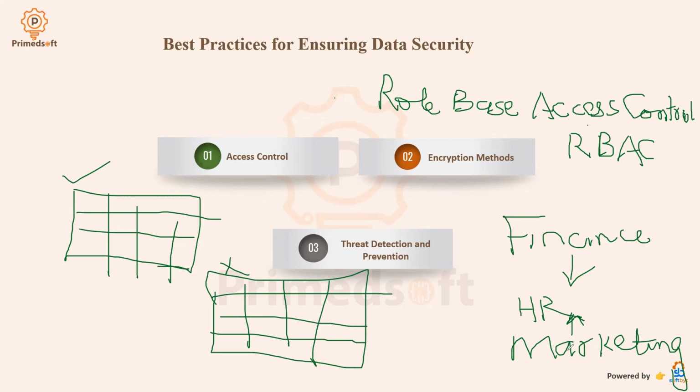Next is enforce. So again, it will also enforce the principle of least privilege to limit access to only necessary data. That's what this access control also does. It only gives you access to a certain range of data. Even if you have access to financial data, you are only given limited access to a certain volume of data.